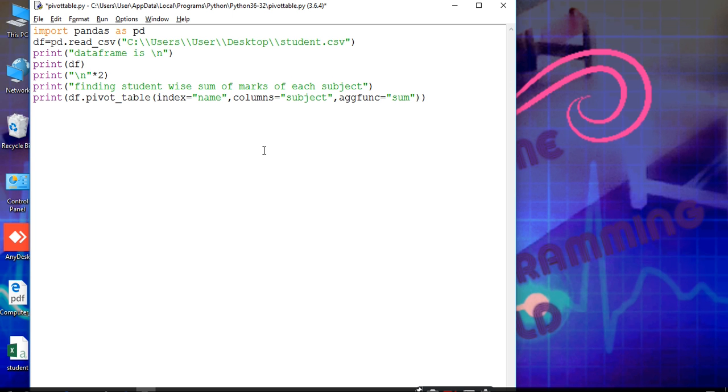So we use column is equal to subject, because the question says each subject, and aggregate function is equal to sum, that you have to find. Again see this message: finding student wise means index is equal to name, each subject means column is equal to subject, and aggregate function for the sum.